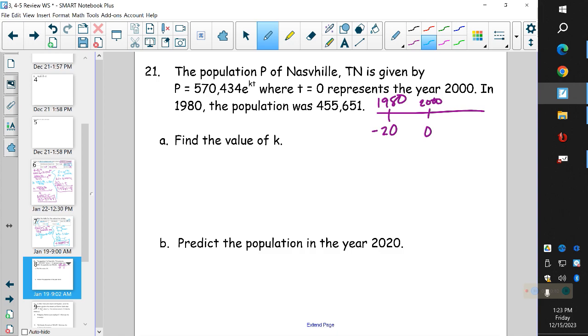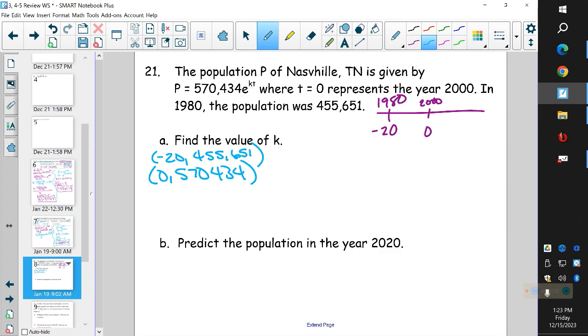Negative 20, 455,000. The one that starts with 4. Negative 20, 455,651. That is 1 point. What was the other point that was automatically in there? 0, 570,